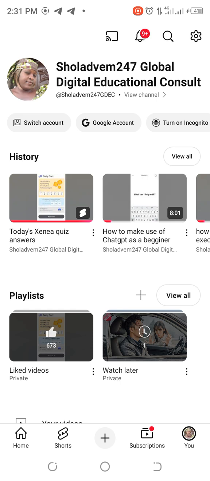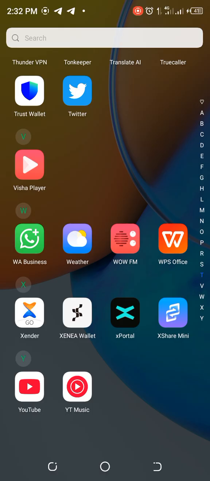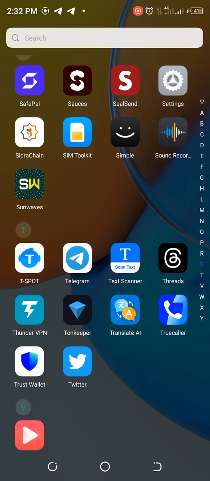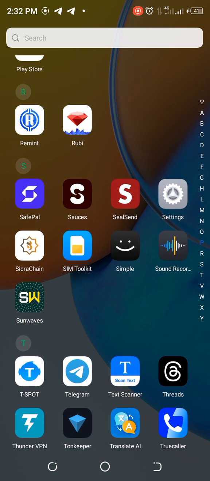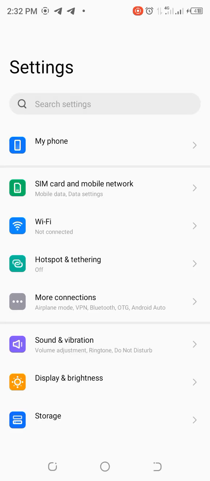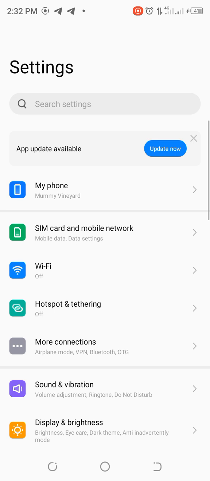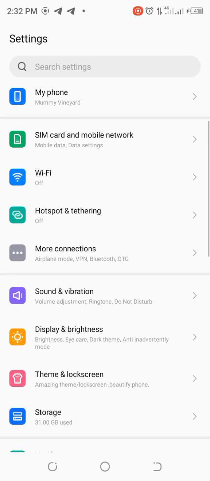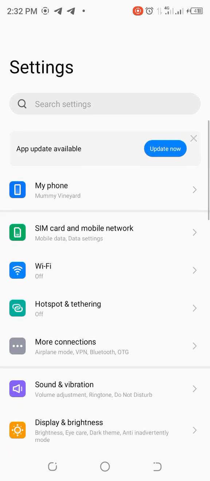So let's dive in. All you need to do is come right down to the settings. Yes, it is our phone settings. You can see that icon that is showing app info and send to desktop. This particular icon, just click on it. The icon that looks like a wheel, click on it and it will take you down to this place